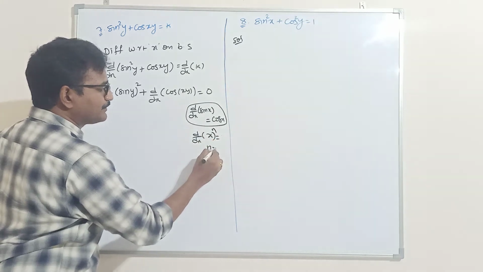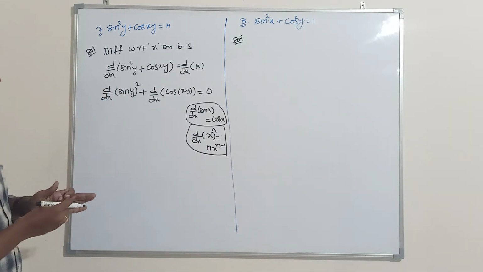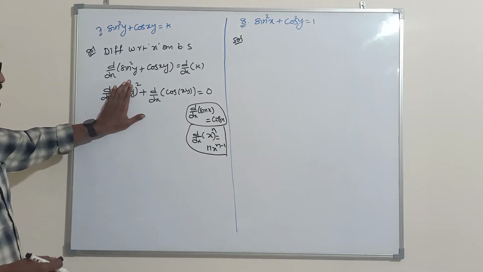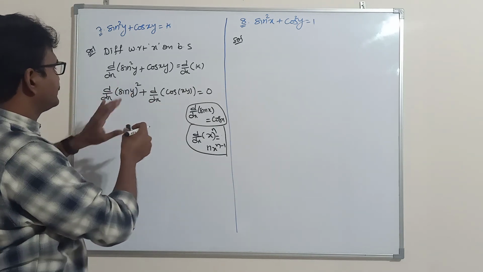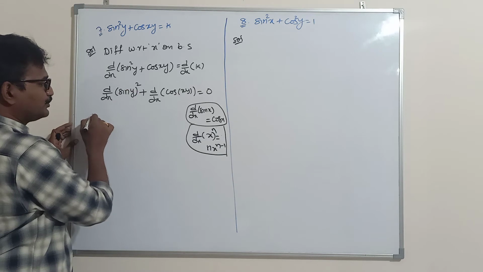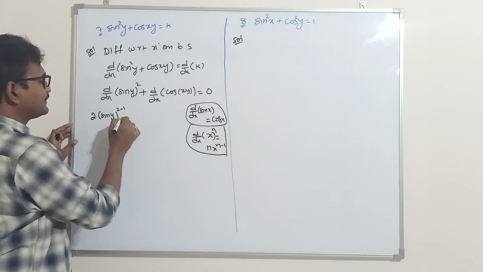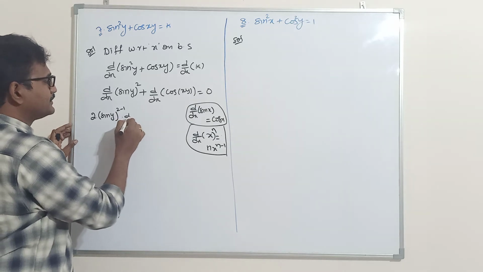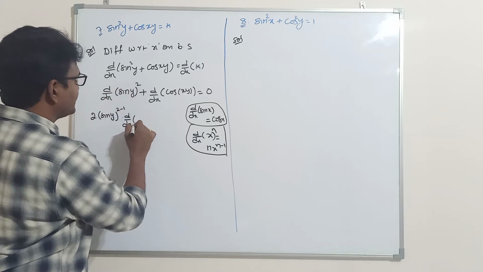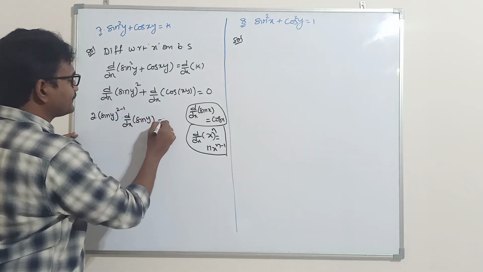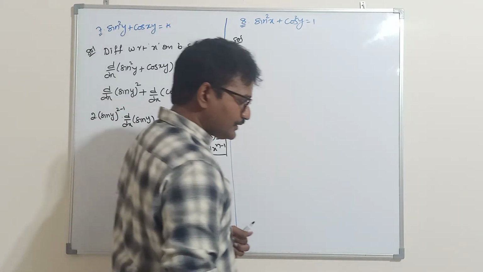What is the formula for the derivative of x power n? n into x power n minus 1. So we apply the same concept now. As sin y is a trigonometric function with a numerical power, the derivative of sin y whole square means 2 into sin y whole power 2 minus 1 into d by dx of, so which part did we assume as x? Find the derivative of that part. Which part did we assume as x? The sin y part. So find the derivative of sin y, plus the derivative of cos of xy.